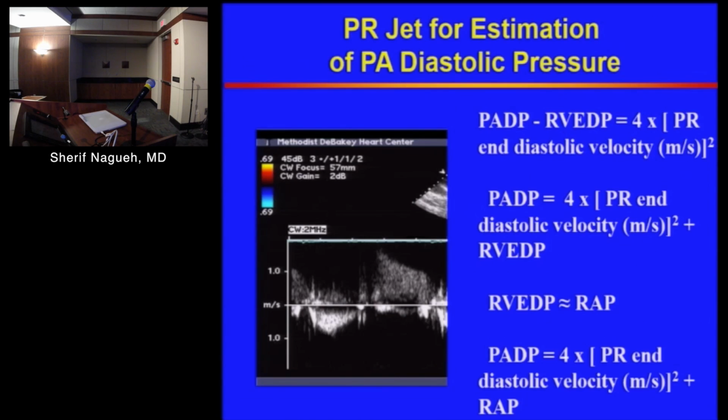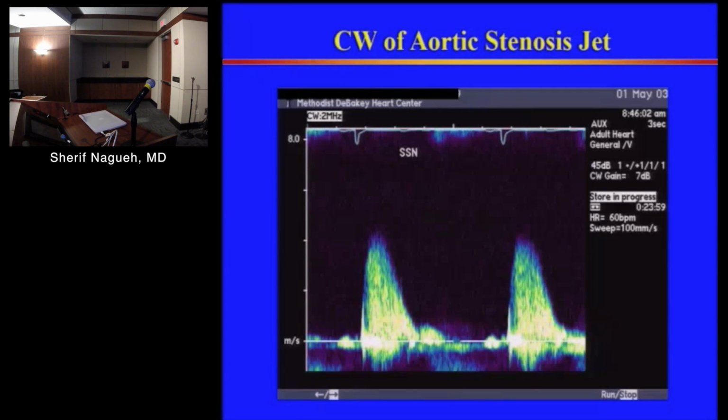This is for the PA diastolic pressure and mean pressure. The diastolic pressure is the end diastolic velocity plus an estimate of mean RAP or RV EDP. We depend on CW of the aortic stenosis jet to get the 4V squared and the peak velocity and gradient